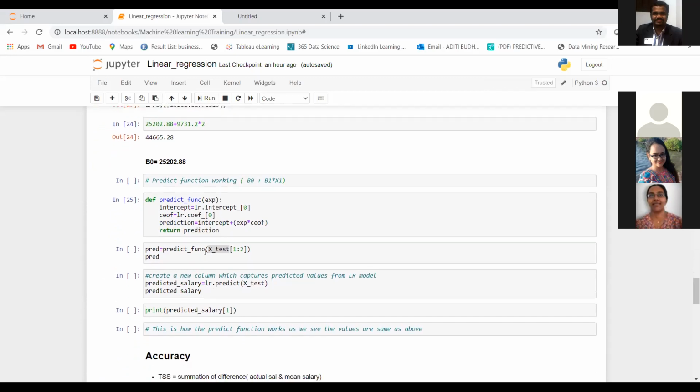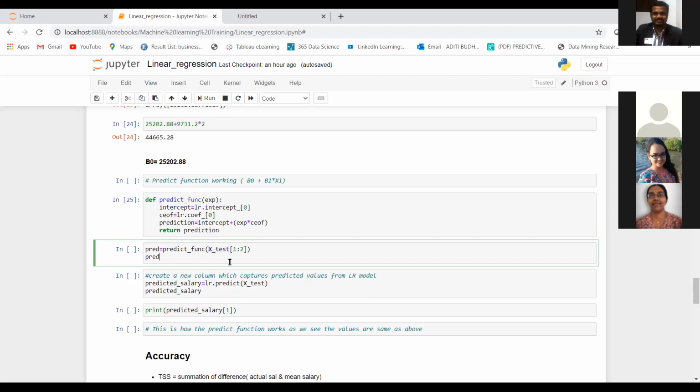This is not part of your modeling. This is just for illustration, just for understanding how our model is actually doing the things. So I'm passing my X test into this function. Remember we had created two data sets, testing and training. So now I will use my testing data set to get the predictions.